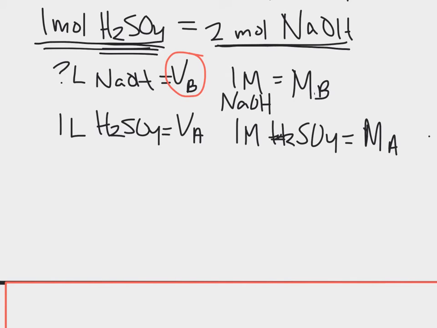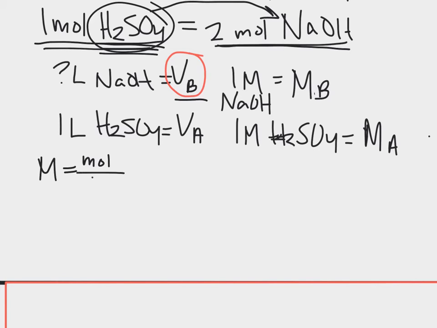Why? Because then I convert that into moles of base. And once I know moles of base, I can finally figure out the volume of base, okay? So step 1 is figure out how much acid we have. And how can we do that? Well, we know the molarity equation is the moles divided by the liters. So if I want to solve for the moles per liters of the acid, I already know some of this